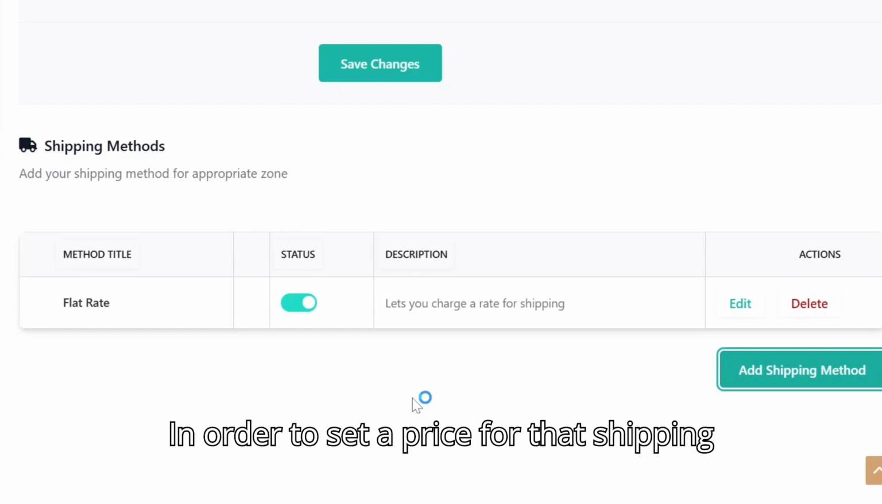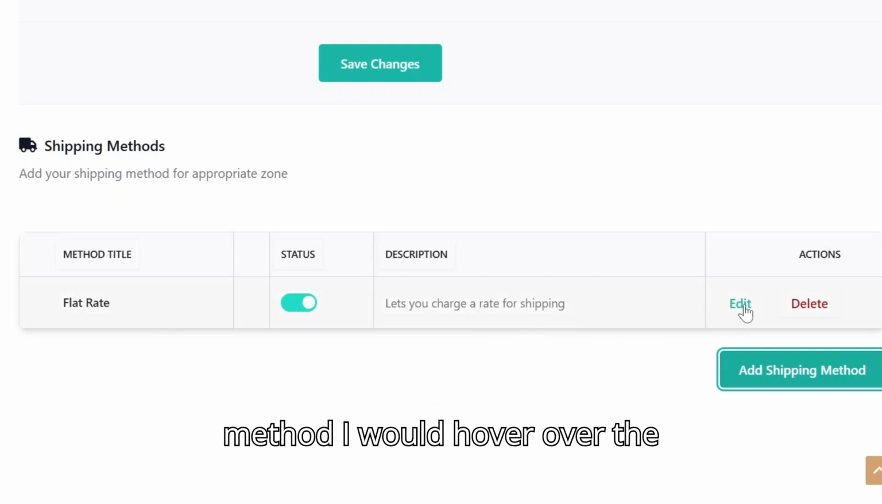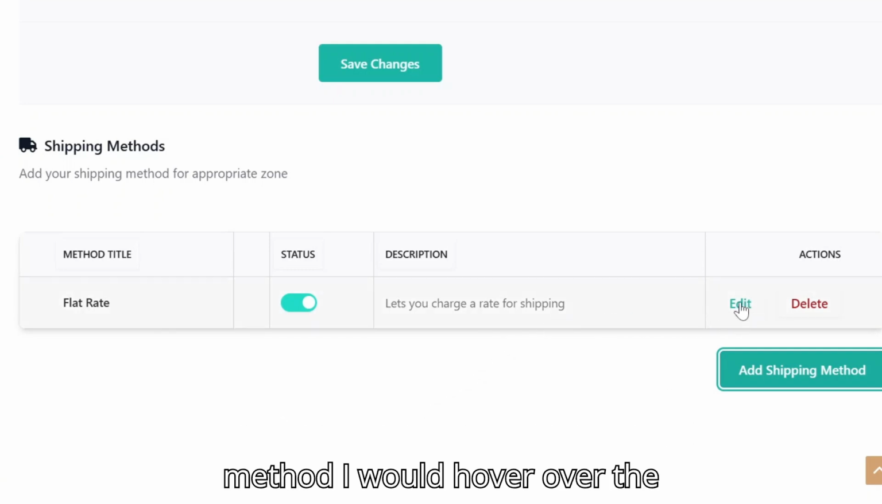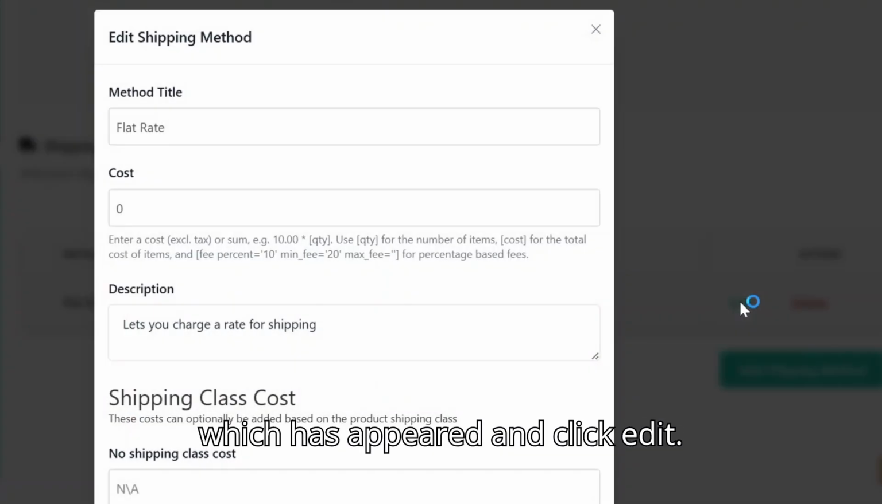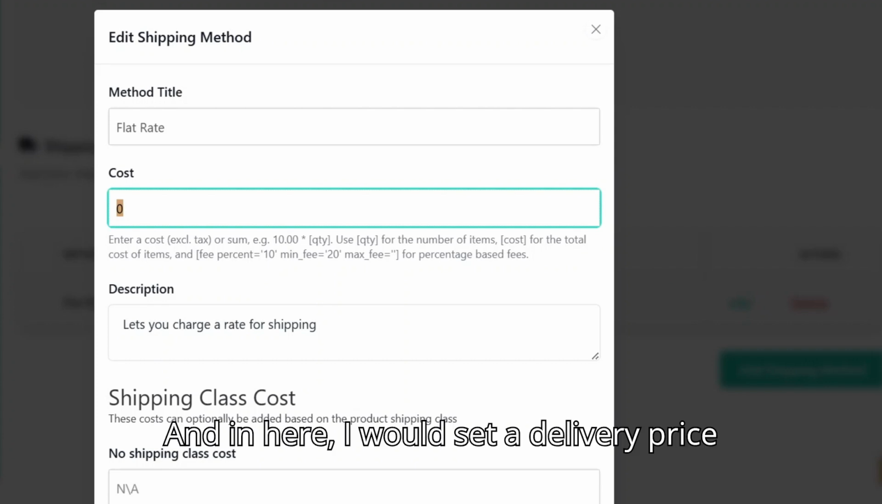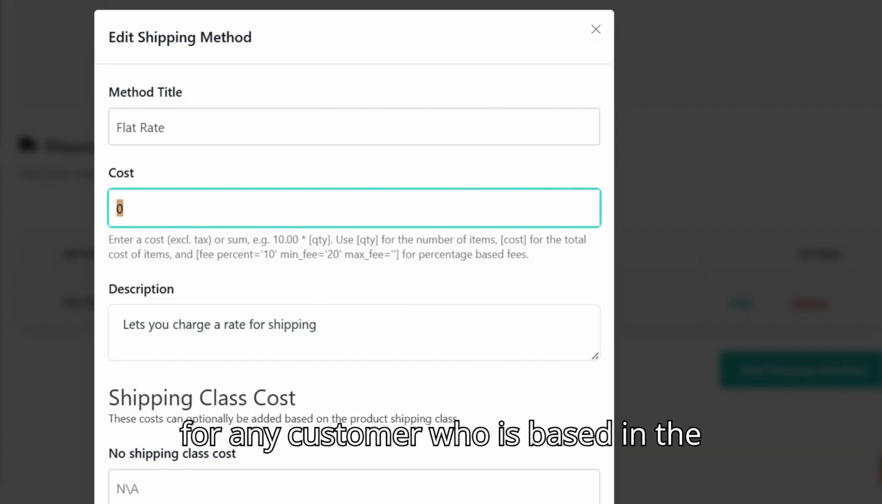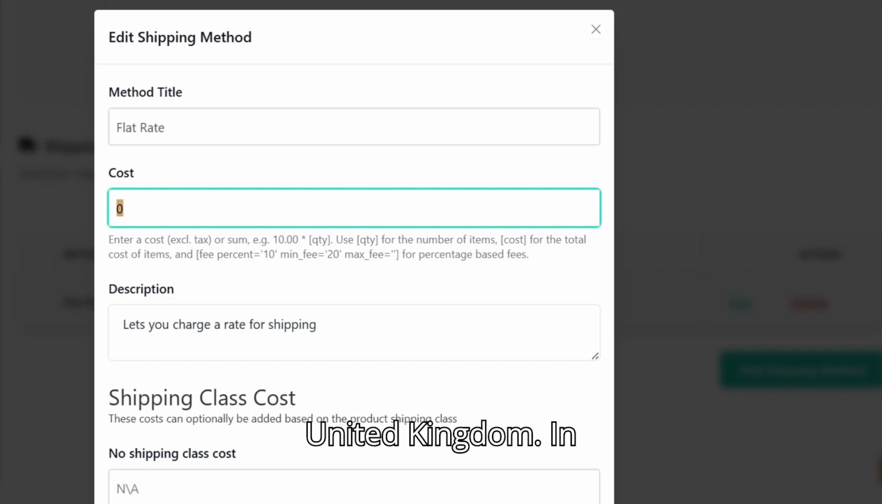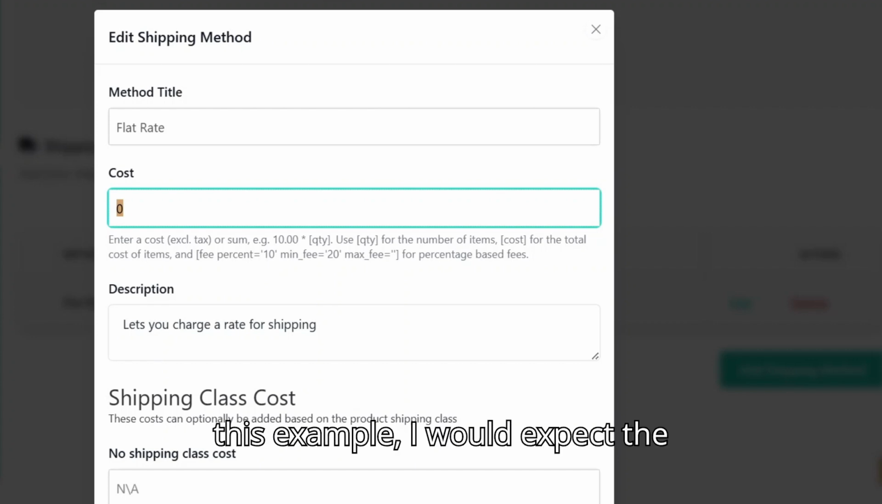In order to set a price for that shipping method, I would hover over the edit button in the flat rate section which has appeared and click edit. And in here I would set a delivery price for any customer who is based in the United Kingdom. In this example I would expect the shipping to be £3.50, so I would enter